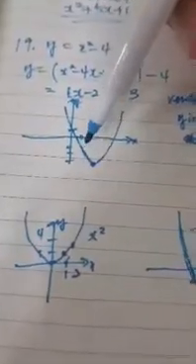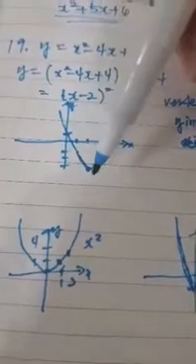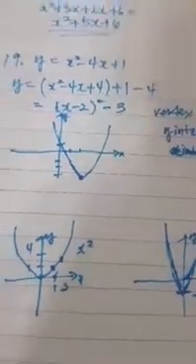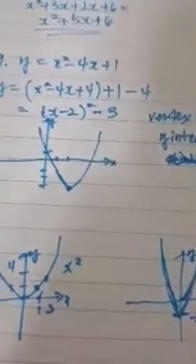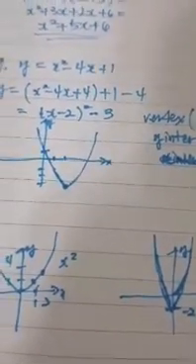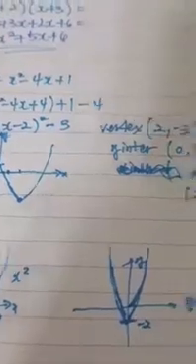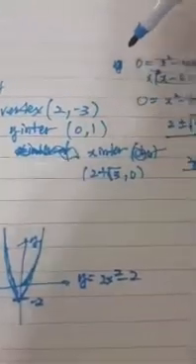So I first plotted the vertex (2, negative 3), and then now we have to find the y-intercept and the x-intercept. Since it's hard to find the root for the x, the y-intercept, after I